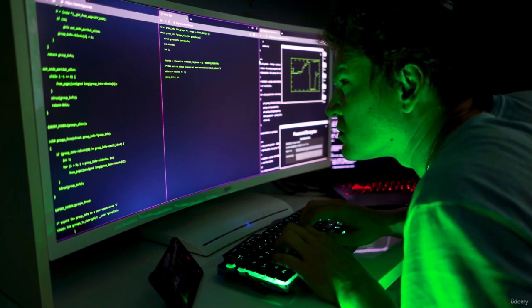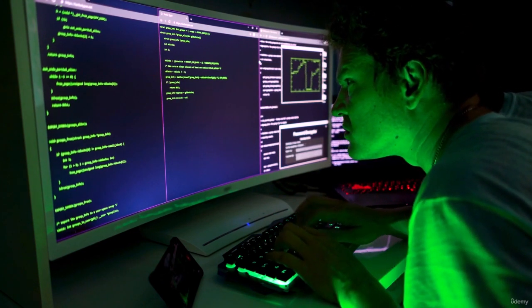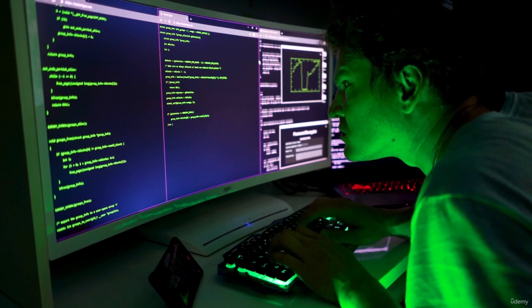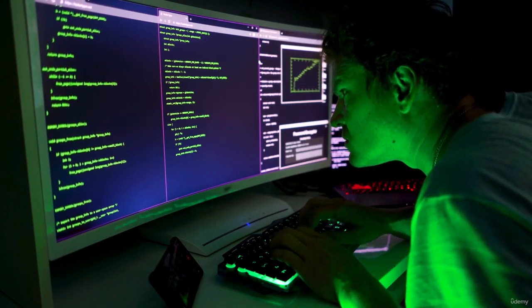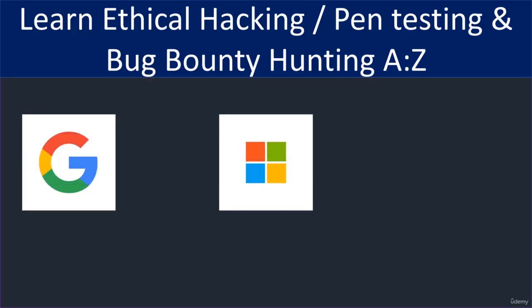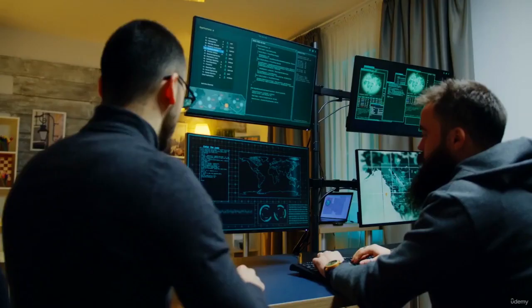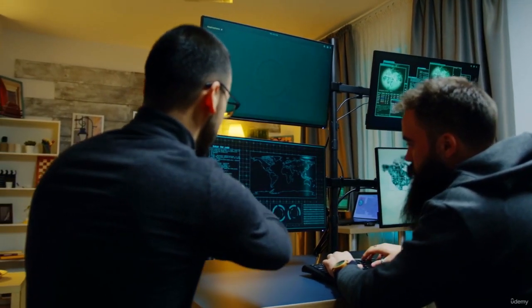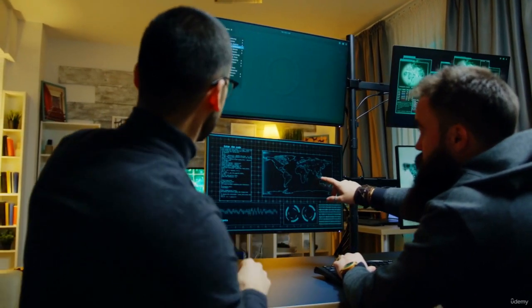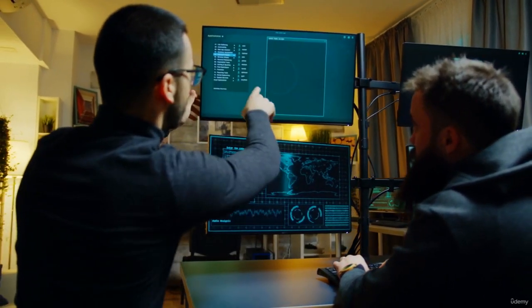Today hacking is very fascinating for everyone. Do you know that you can earn money with your hacking skills and also you can work with the big giants like Google, Microsoft and Facebook? So now the question arises: why should you learn ethical hacking? This ethical hacking course will provide you all the basics and advanced concepts of ethical hacking. Our ethical hacking tutorials are developed for beginners and professionals.